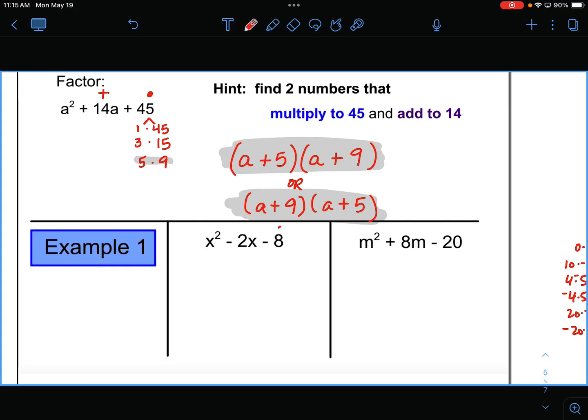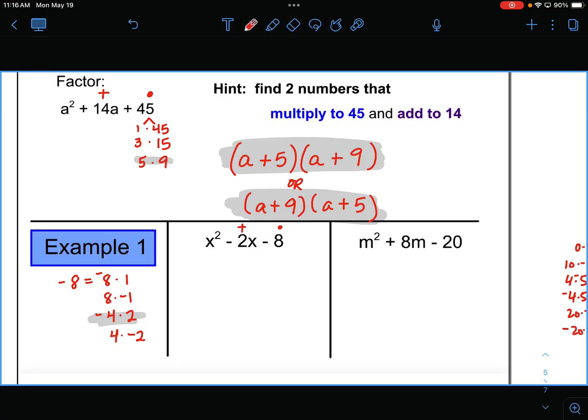This time we need to multiply to get -8 and add up to get -2. So I'll show my thinking over here. If I multiply to get a negative, I know that one of the factors is negative and the other one is positive. I know that 8 times 1 is 8, so -8 times 1 is -8, and 8 times -1 is -8. Neither one of those adds up to the -2. So we keep checking, right? 4 times 2 is 8, so -4 times 2 is -8, and 4 times -2 is also -8. And the pair that adds up to this -2 is